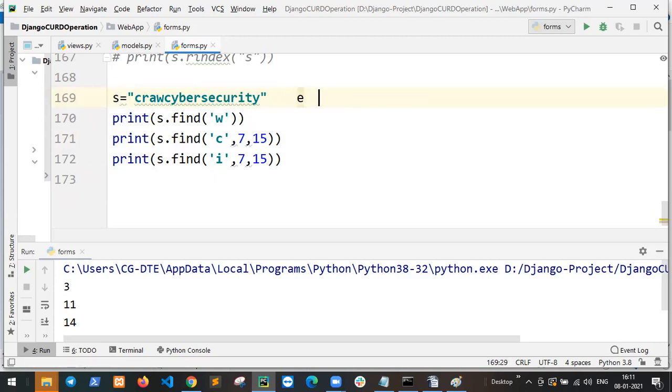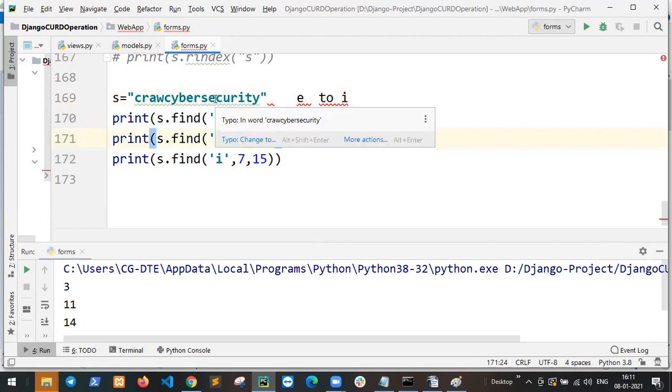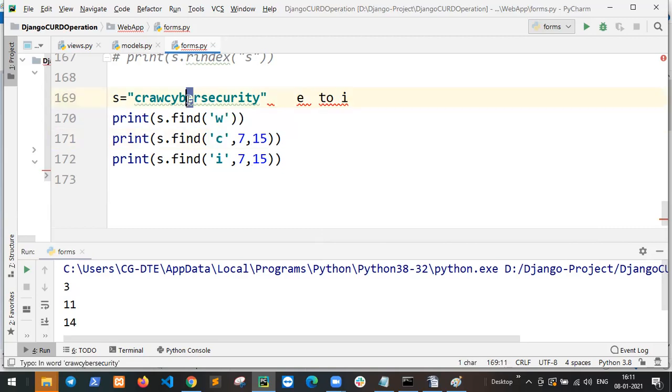E to I, between 7 to 15. So find C only between this string, the 7 to 15 range.